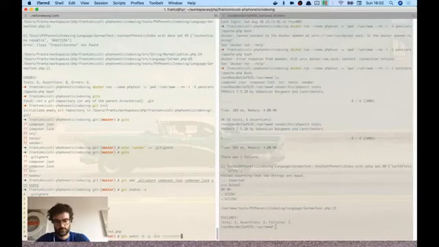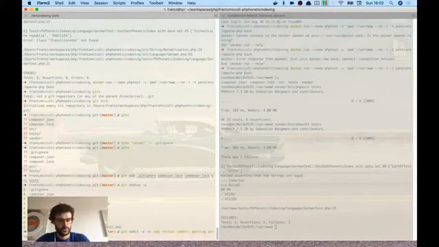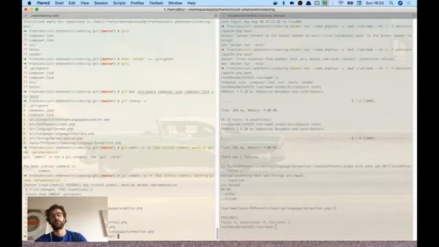Commit message: initial commit, working German implementation. Oh yeah, booyah. Okay, so we have the first Git version here, and